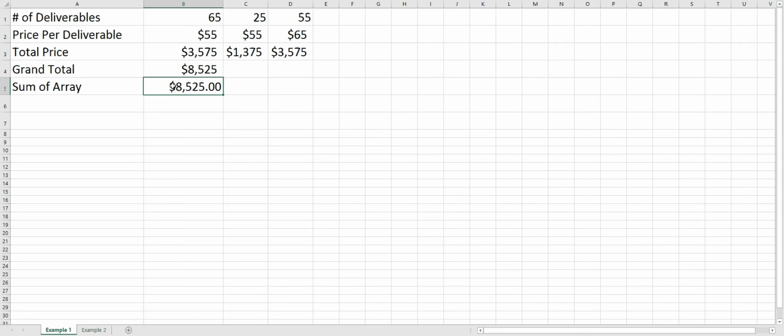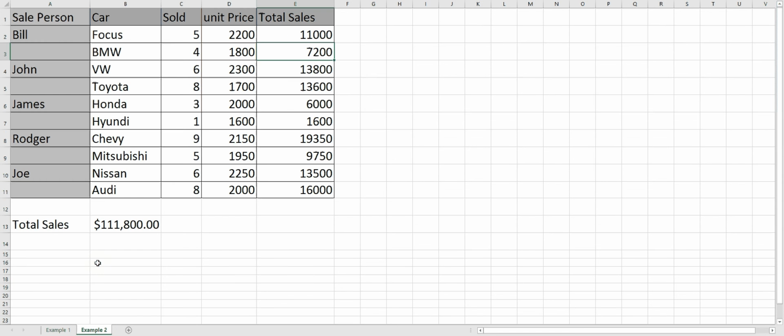But what if I had a number of calculations I'd have to make? I'll also demonstrate this in the second example. In this case, I have some car salesmen, some cars, quantity sold, unit price. And I'll pick out a cell down here in B14, and I'll use my sum formula, and